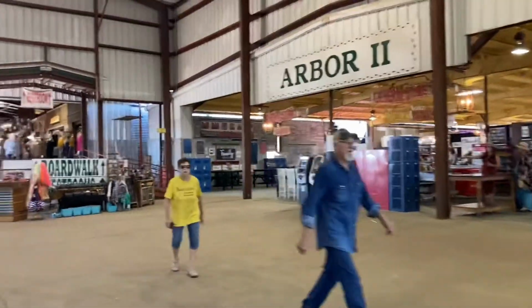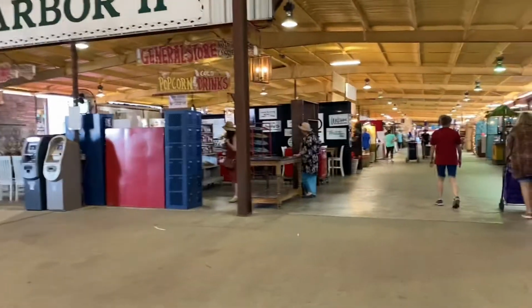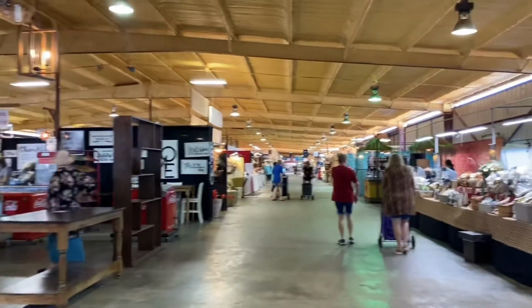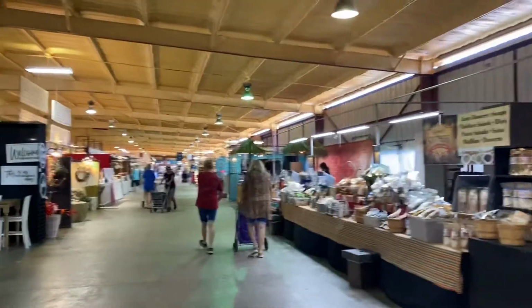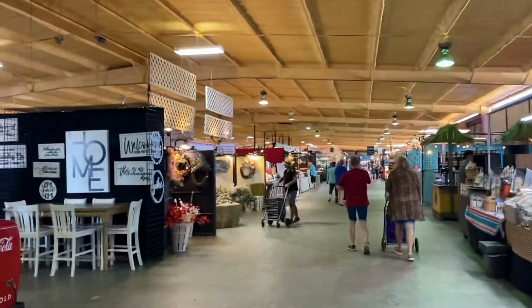So I would recommend going to the Arbor area if you do not have much time to spend at the trade days if you come. The Arbors is a sprawling area underneath. Thousands and thousands of square foot of crafts and vendors and food items and all sorts of things. We've seen people that are honey